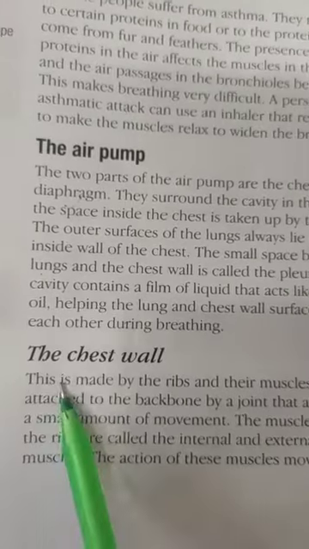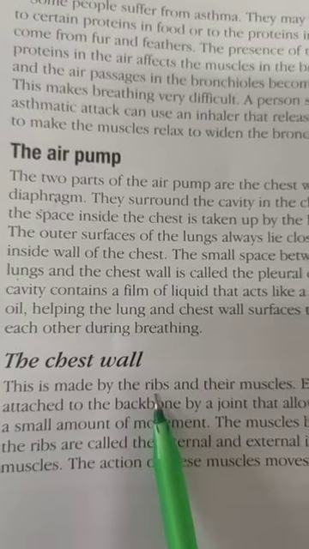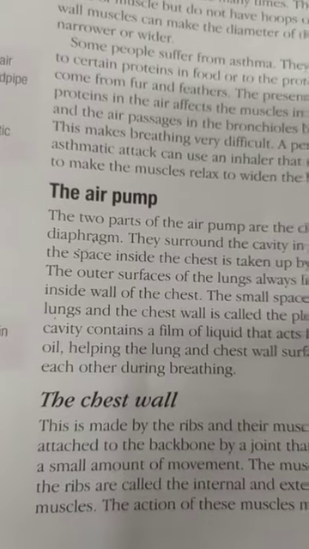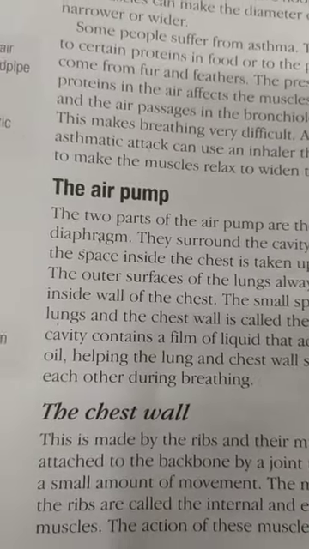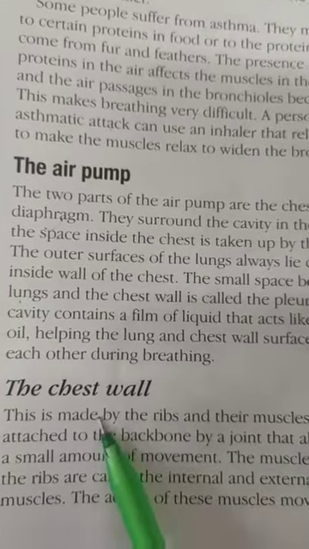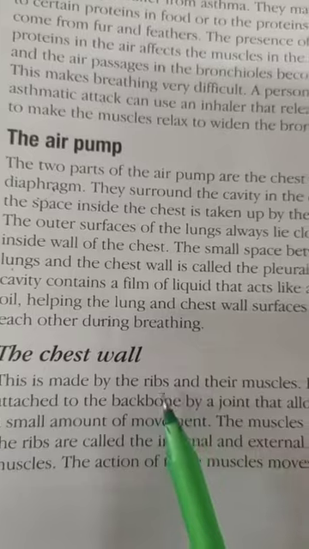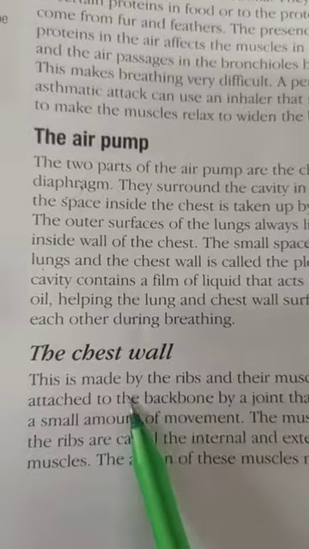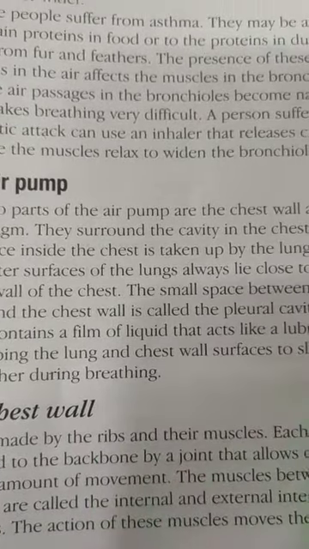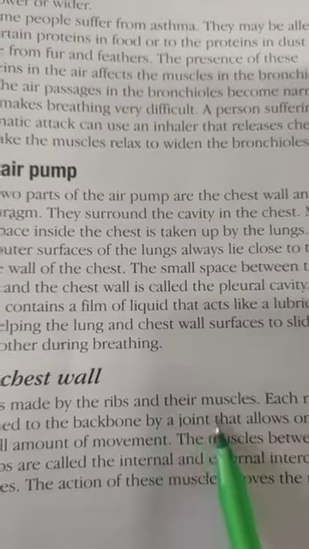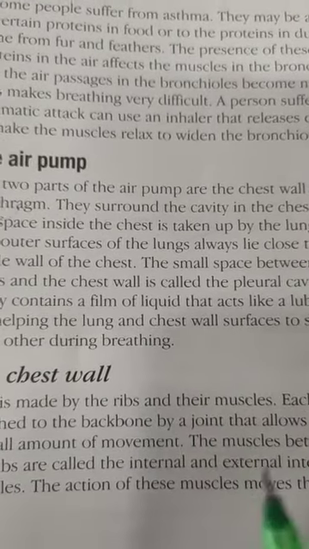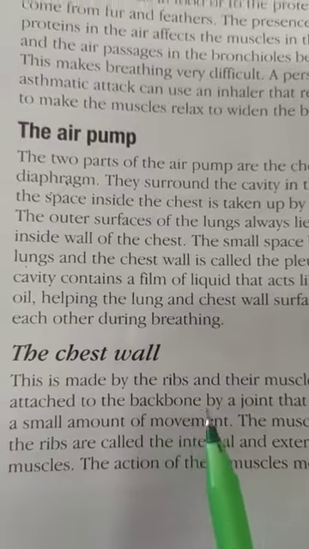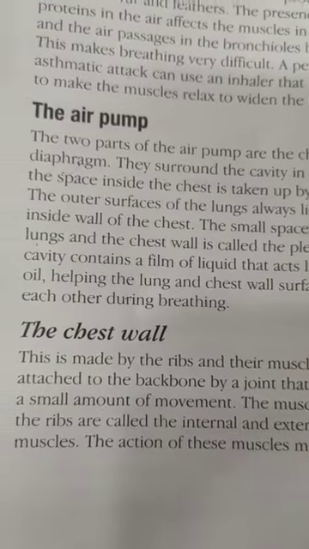Now see what about the chest wall. The chest wall is mainly made up of ribs and muscles, like the wall of your home is made mainly from bricks and cement. In the same way, your chest wall is made by ribs and muscles, fine. And each rib, you know about the rib now? There is a rib cage around our lungs, and the small bones present in the rib cage are known as ribs. And each rib is attached to the backbone also, for the movement of the backbone and ribs both.